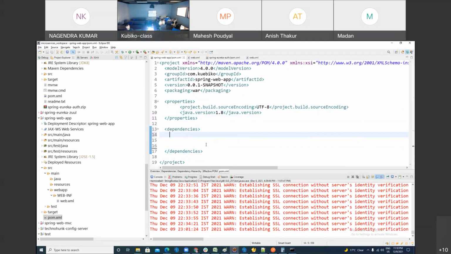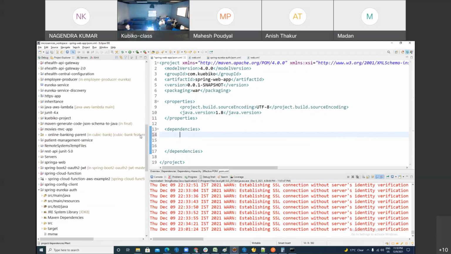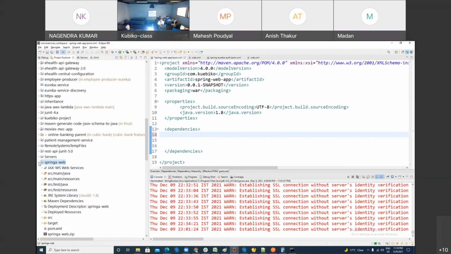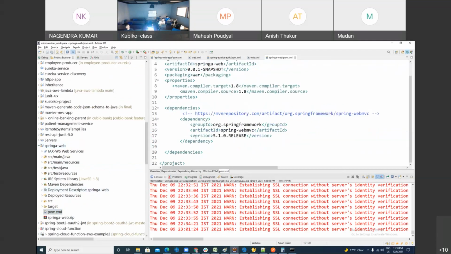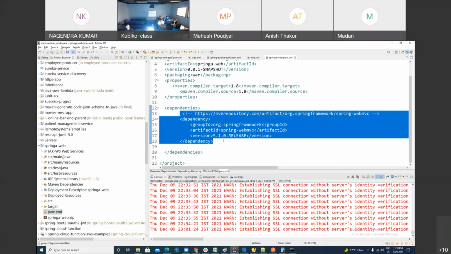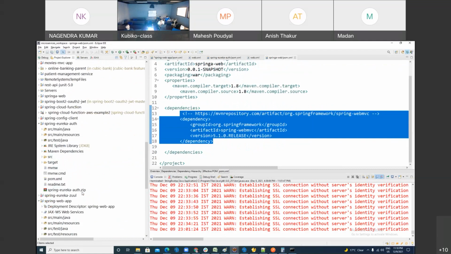So I want to use the Spring jar. What jar, man? So here I need to add one dependency for Spring. Clear? And I'm going to add Spring. Which version of Spring am I going to use? Spring 5. So you just go and add this dependency. Dependency means jar. If you add it, it would add a minimal jar, which is good to start.